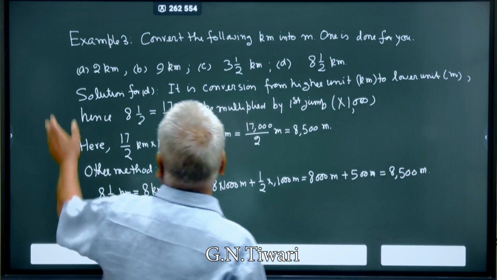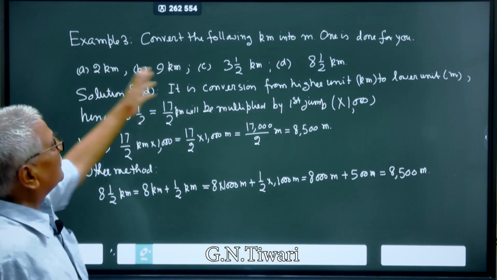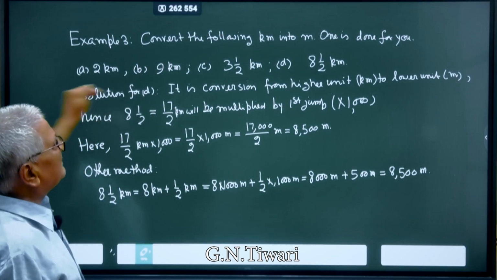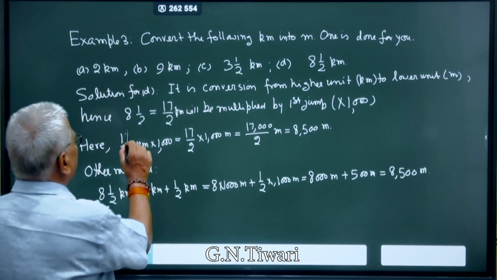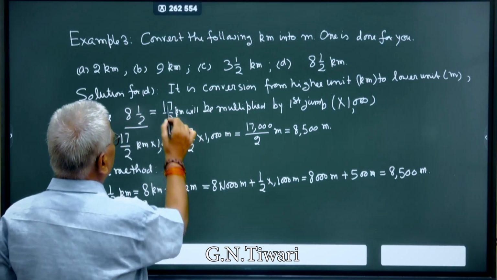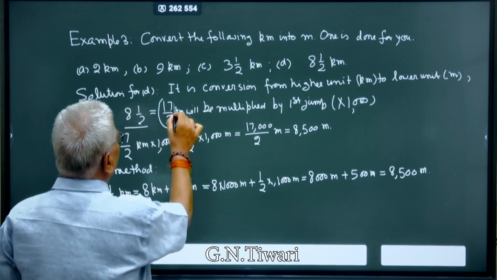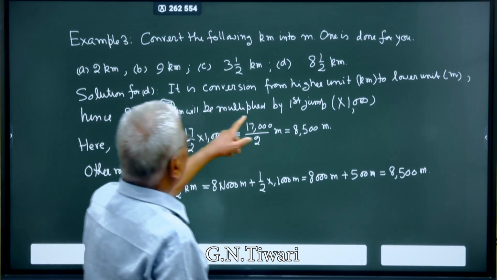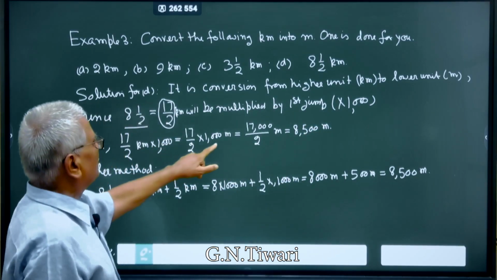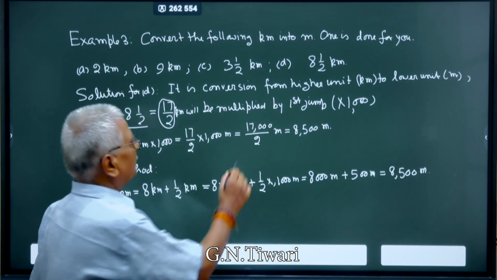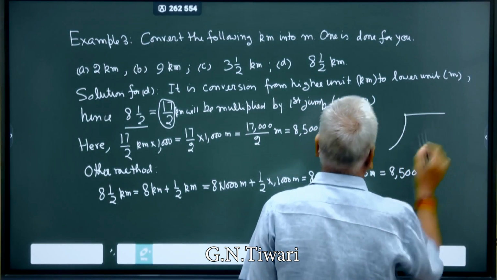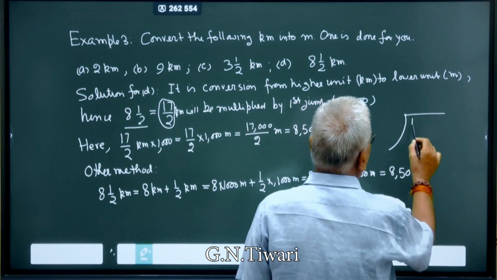Just see here. Here all conversion is given from higher to lower. I have just given one example, that 8 1/2, this is the mixed fraction, can be written as 17/2. It will be multiplied first by 1000. Just see, 17,000 upon 2. If you divide this, I am just giving the example, divide this here, 17,000